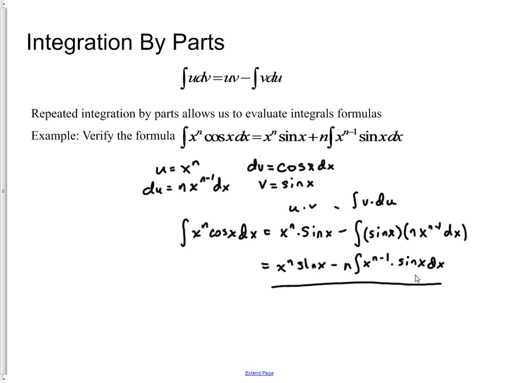There's a similar one for sine of x, by the way, but let's take a simple situation where n is a power greater than 0, and let's say it's an integer. So let's say we use the integral of x to the first times cosine of x dx. By this formula, our integral is going to be x to the first times the sine of x minus the antiderivative of 1 times x to the 0, which is 1, times sine of x